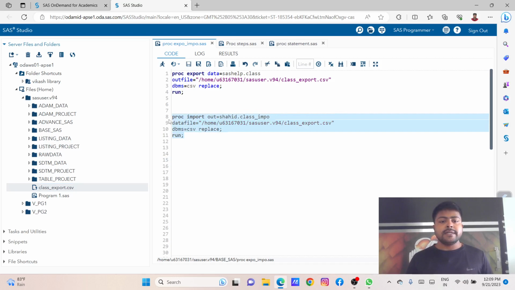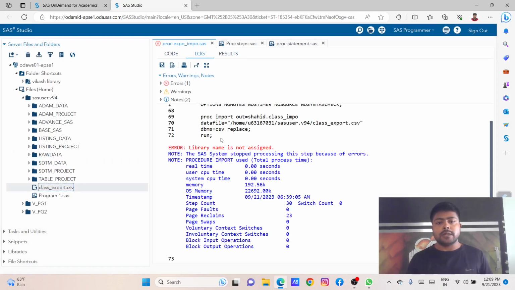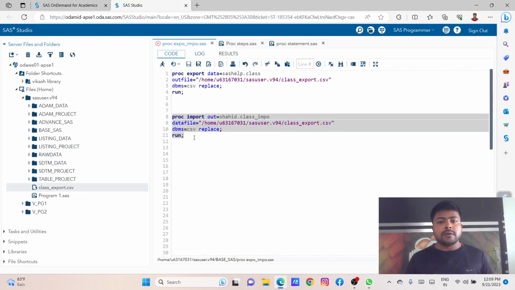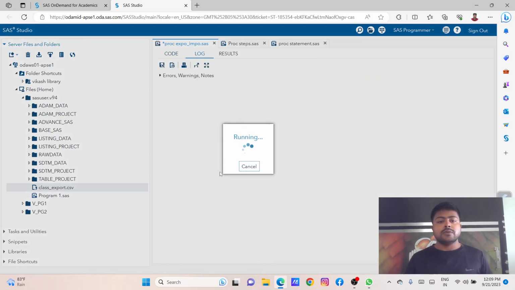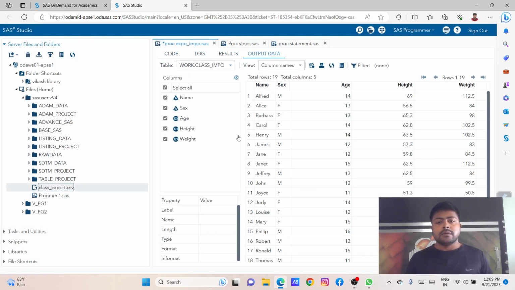So let's run this data procedure step and see what happened in the output. We didn't mention that library, so we have to remove it. Earlier we had to create that library before we could use it. As of now we haven't created any library, so we can directly import the file with the use of this. So you can see that we are getting